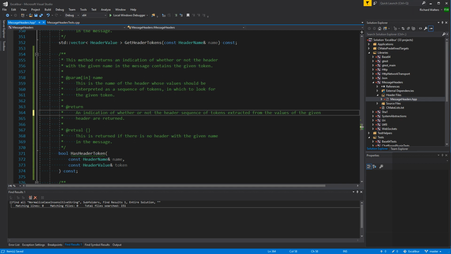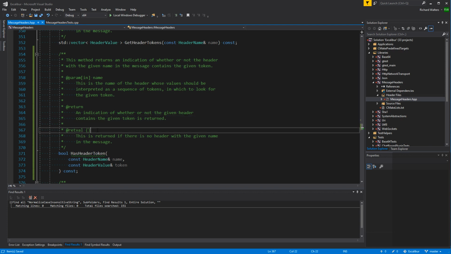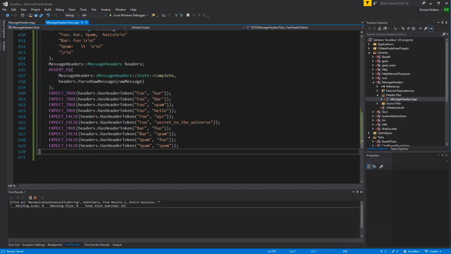An indication of whether or not the given header contains the given token is returned. All right, so that makes our test compile, right?